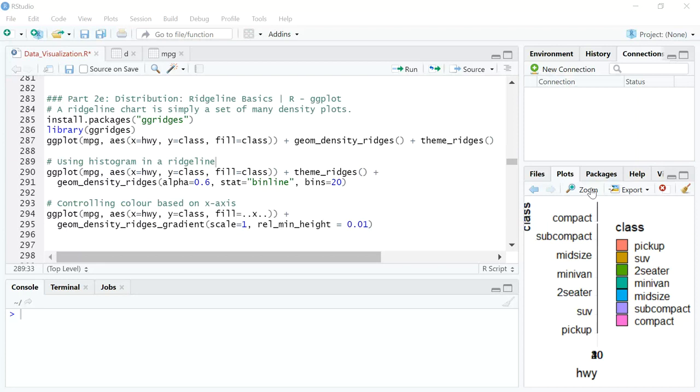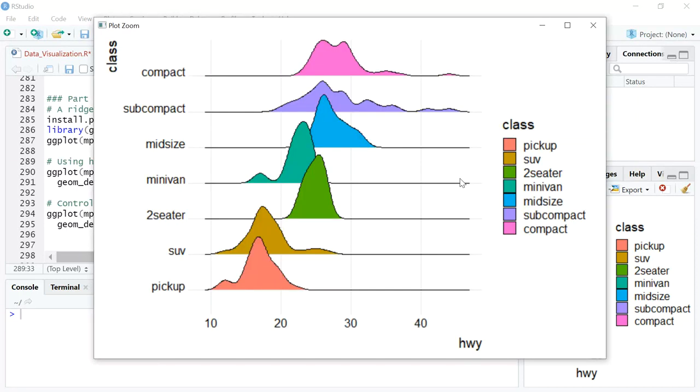It's an interesting plot. I'll just show you this very quickly before we get into the nitty-gritties. A ridge line actually shows you how different values inside a categorical variable move against a numerical variable. To explain that in slightly more detail, you can see different types of car types, right? Pickups, SUVs, two-seaters, and so on, which is what you see on the y-axis here. And on the x-axis, you see highway miles per gallon. We are using the same MPG data set, which is a data set of different types of cars and their attributes.